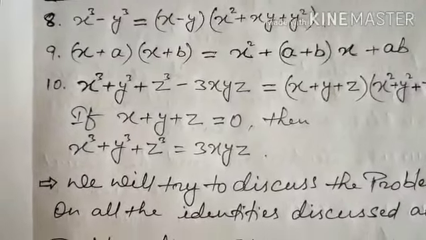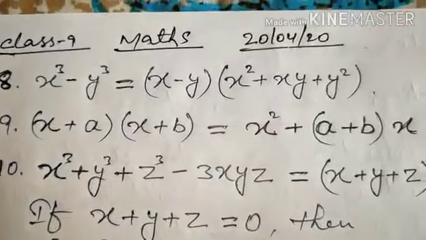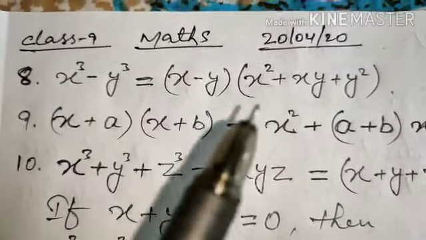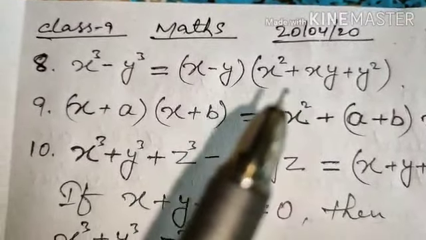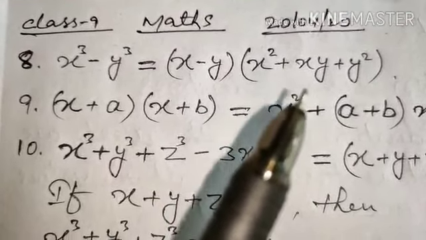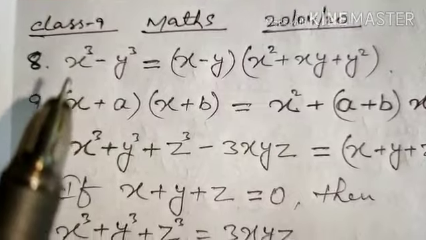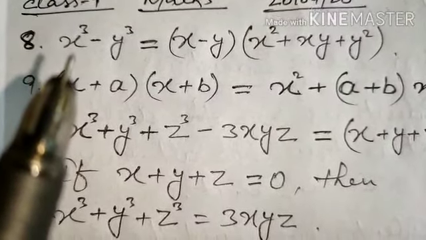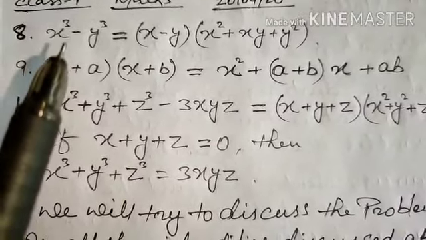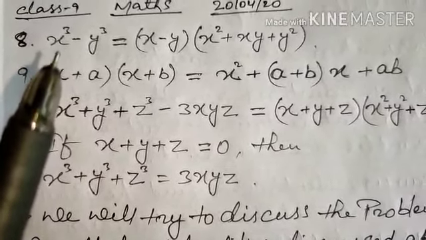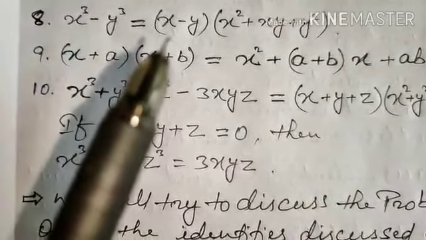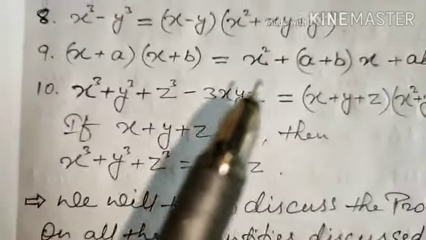Identity number 8: x cube minus y cube is equal to the same. See, (x - y), x square plus xy plus y square. Here that minus will be removed and it will become all plus. So it is very easy for you to remember. You have to see it again and again. Just write it on a separate notebook or separate sheet. It's better on a separate sheet, and when you solve problems based on identities, wherever the identity is required, just see it, and automatically you will remember all the things. So x cube minus y cube is equal to (x - y)(x square plus xy plus y square).